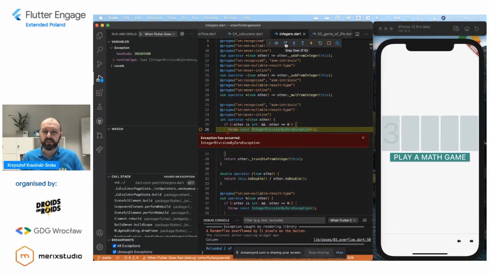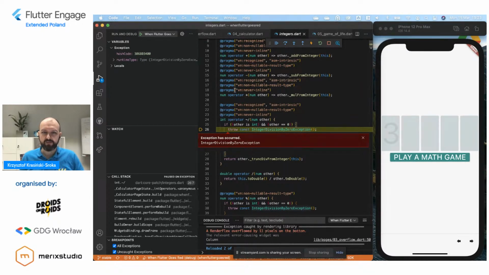Step over, which will try to forward to the next instruction on the same level without going deeper into the stack. Step into will actually go deeper into the stack of execution, and step out will try to move up, to the caller of this function, of this operator.